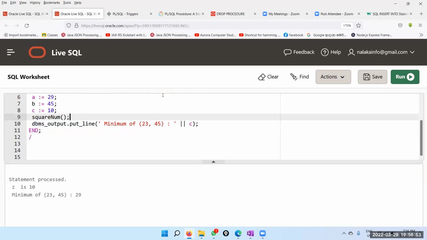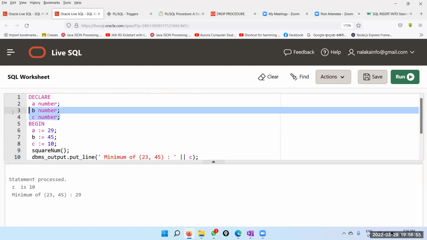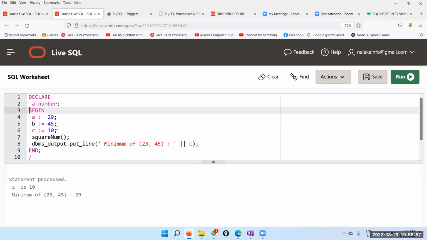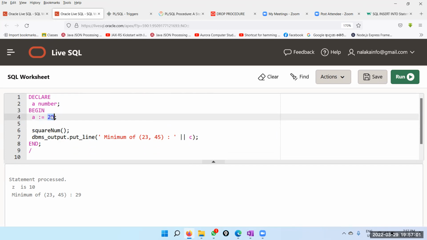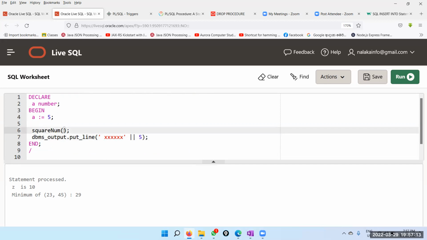Now I need just one parameter. Let's call it A. Say 5. And we are printing A again, and it must be 25 after calling. Right? And I'm sending A here. Because it's an in-out, my value is taken, and also it is